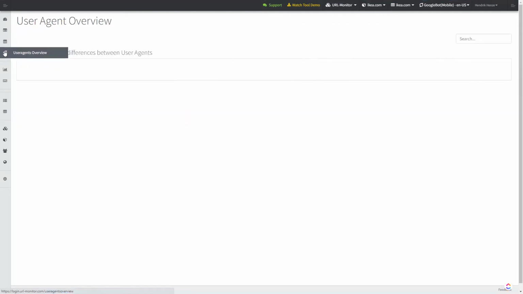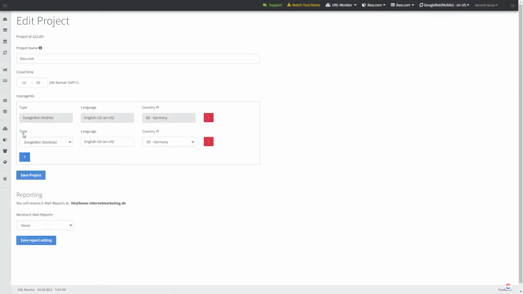Then we have the user agents overview. You can just add more user agents, and I will do that because then I can make another video with that. You can say I want Google Desktop, Google Mobile, or I want the web user. That way you see